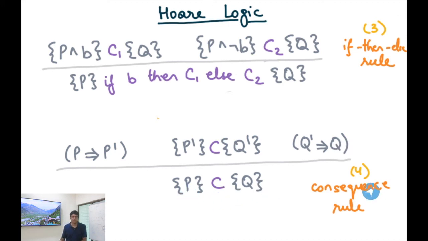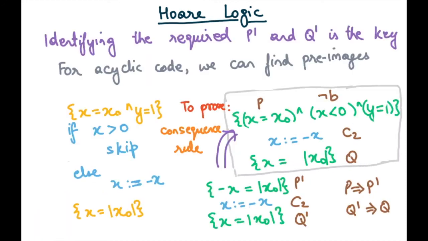And this is called the consequence rule, and this is going to be a very important rule as we go along. Basically it says that if a precondition implies a post condition, then a stronger precondition will also imply a weaker post condition. So if P prime C Q prime holds, then a stronger precondition P, C, weaker post condition Q also holds. And to see this with an example,